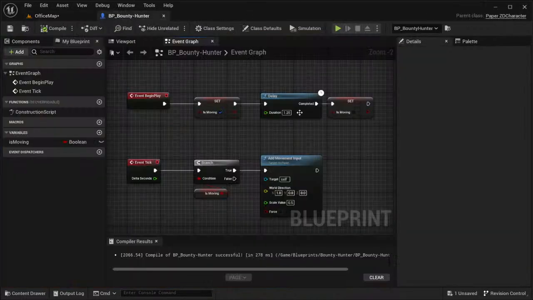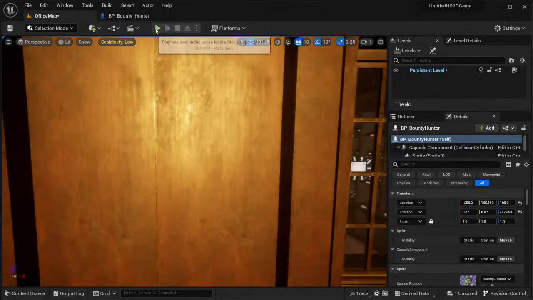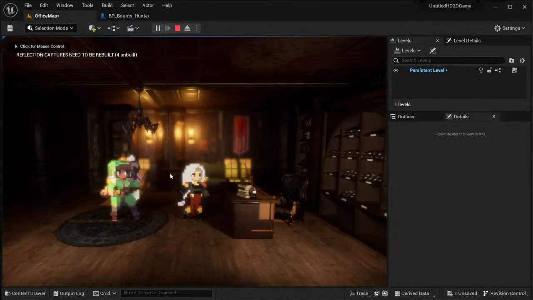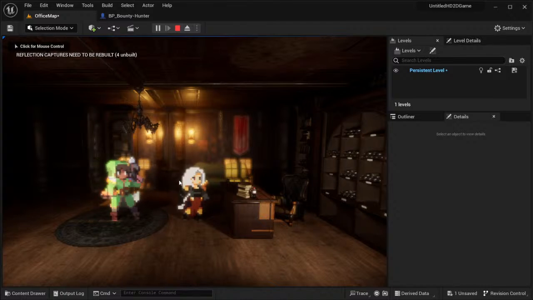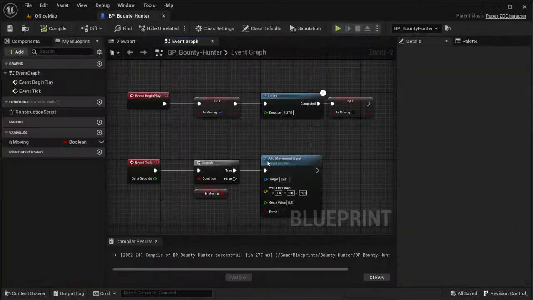Bit longer. 3, 7. Yeah. That's fine. Only thing I need to do